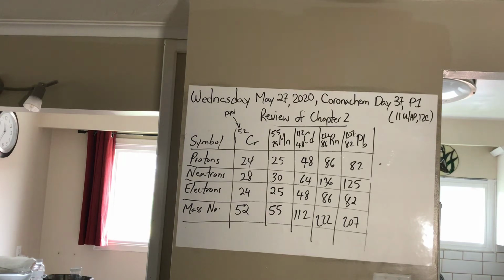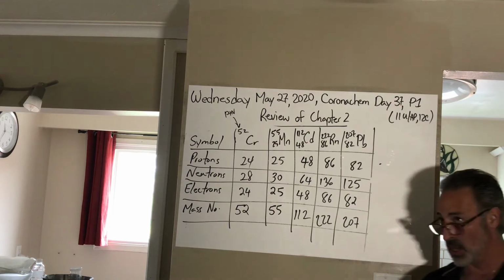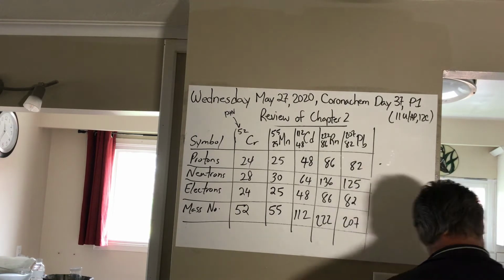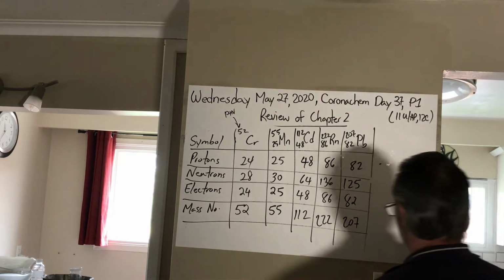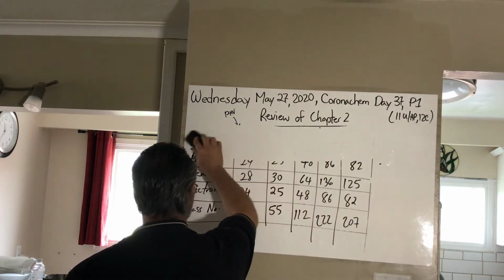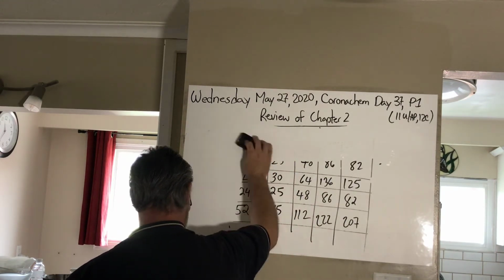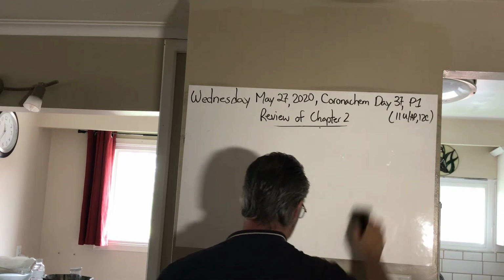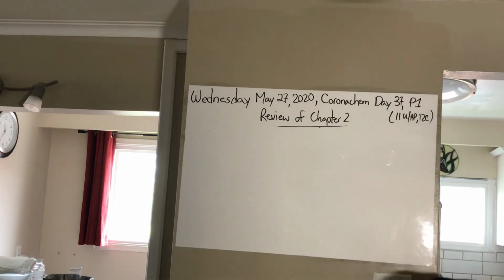Next thing is isotopes. Isotopes are atoms that exist but with variations in the number of neutrons. So we can use carbon as an example. Now the name of an atom is given by the number of protons. So if an atom has 6 protons, it's a carbon atom. But there are varieties of carbon atoms. There are carbon atoms with